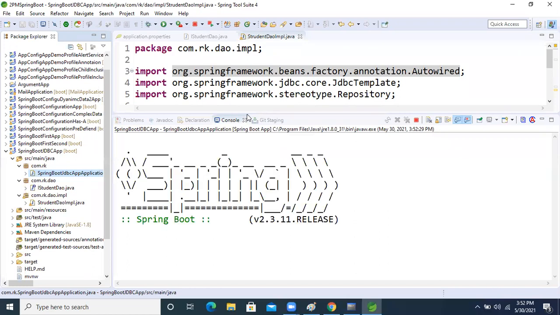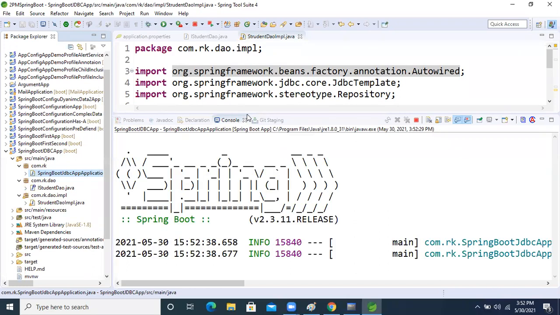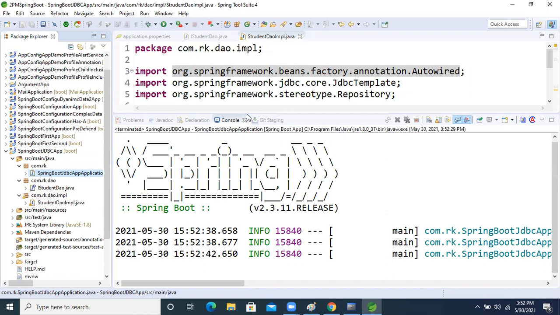So from here onward, what we are going to do now? We are going to perform the operations. So see this, we are not getting any error. So this is the configuration done now, guys. Our project configuration is done. So till now, anyone having any doubt? Let me know, friends.